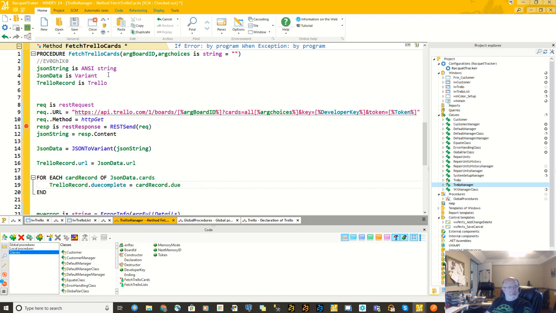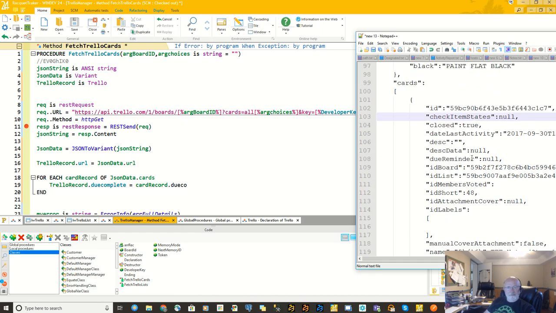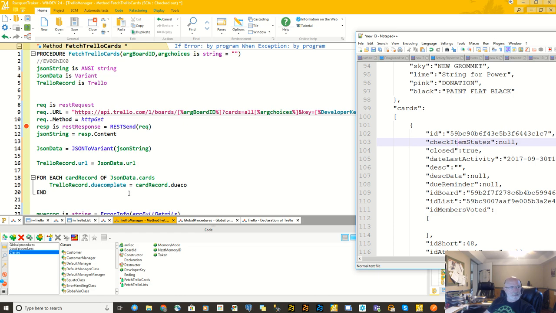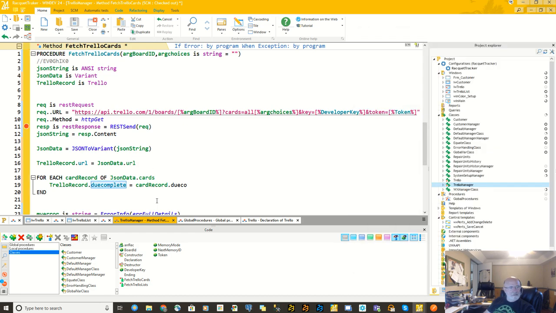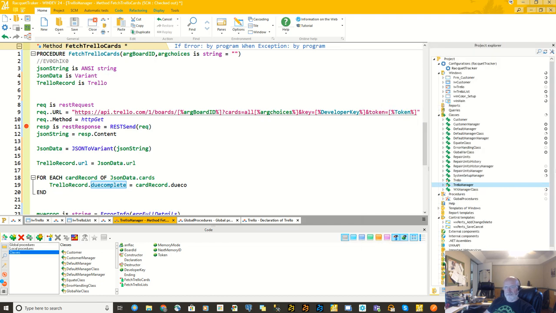Now make sure that's all. JSON is like XML, so it has to be the same case. Make sure you got it in the same case. If we look at my Notepad++, we can tell what that is. So you got some in Camelback and things like this. So let's take a look on the cards on what we needed to do here. Let's do it this way